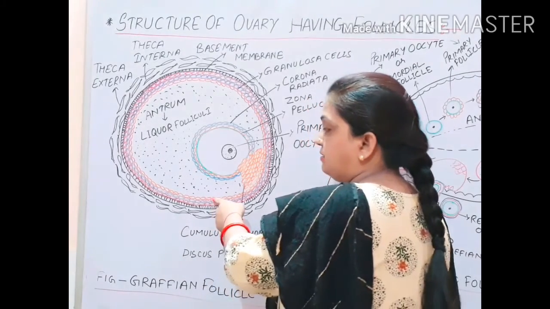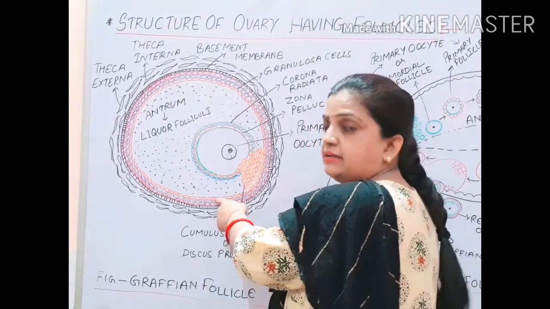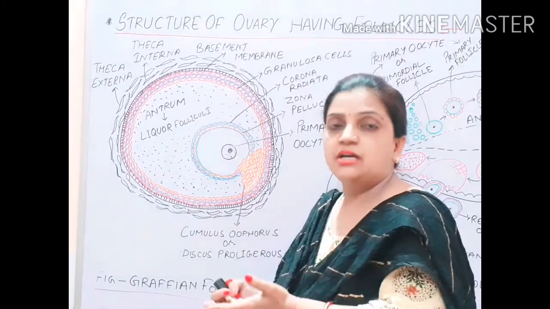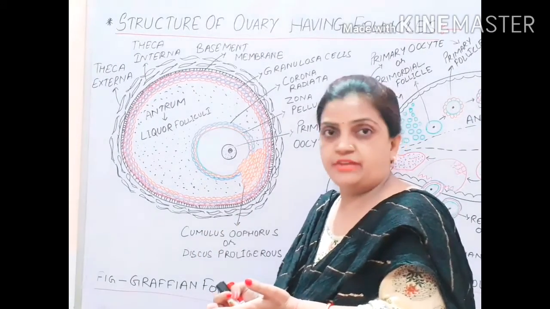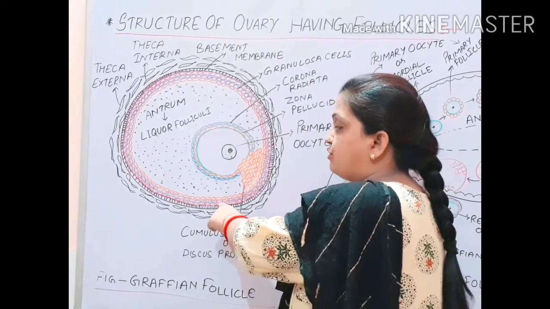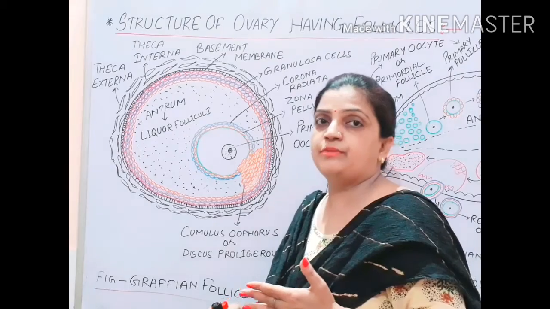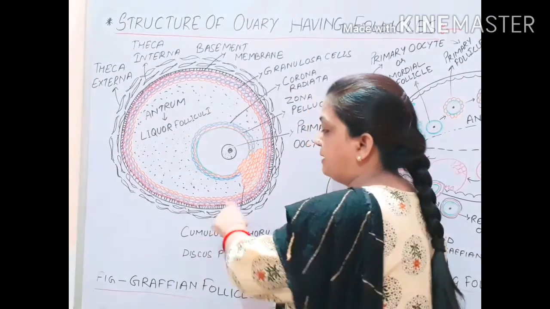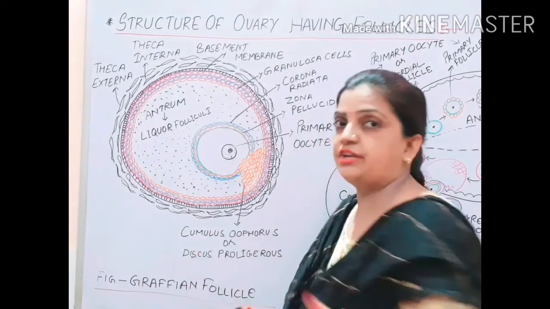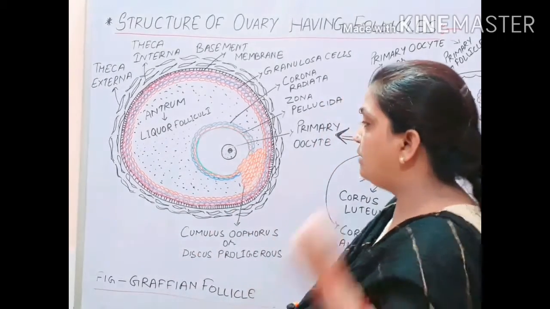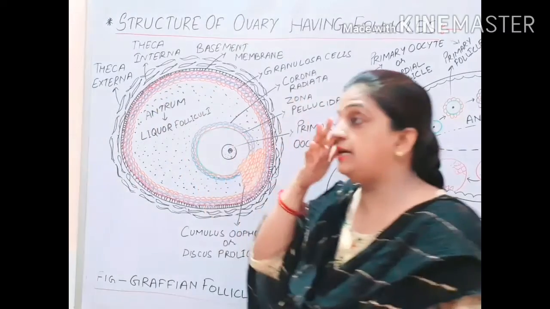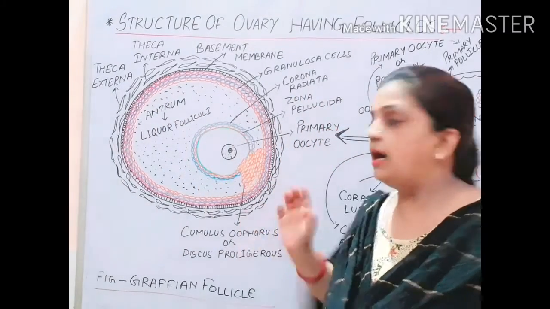Now the inner one is the primary layer, the granulosa cells which were enclosed during the formation of the primary follicle. This is with orange color. Then your second layer, when it was formed during the formation of the secondary follicle, is with purple color, and the last one was with red color when the tertiary follicle was forming. Now children, what happens? This granulosa cell layer